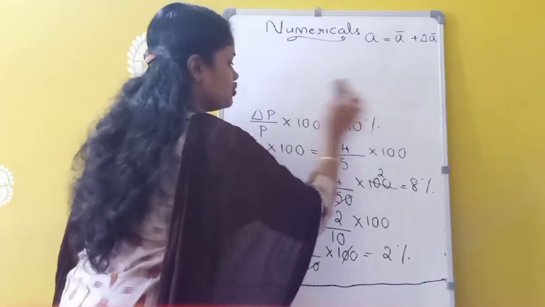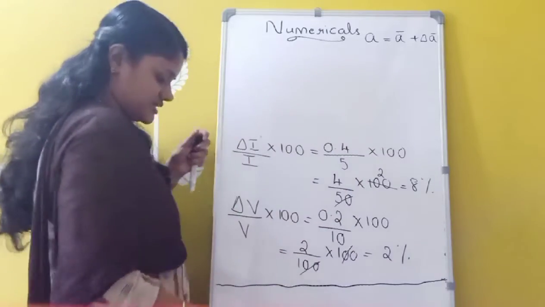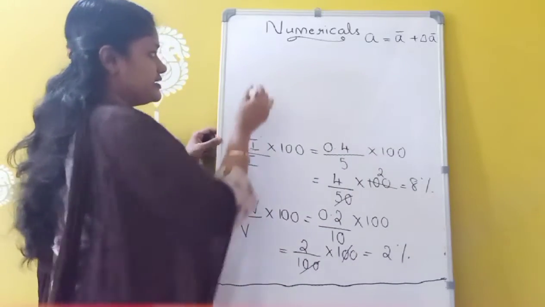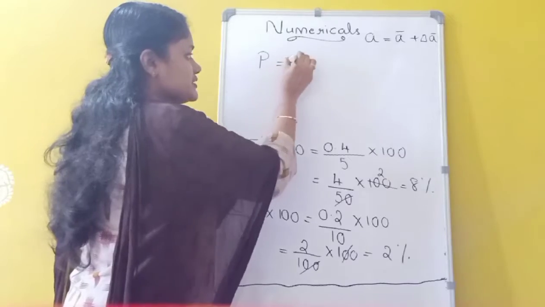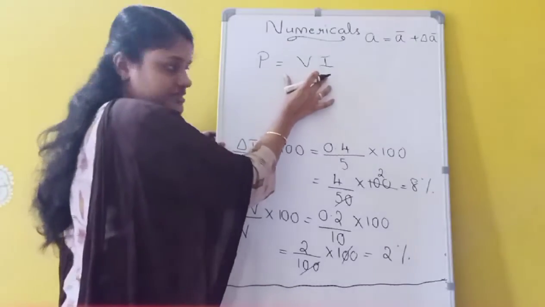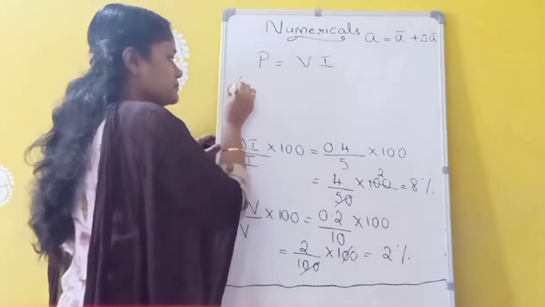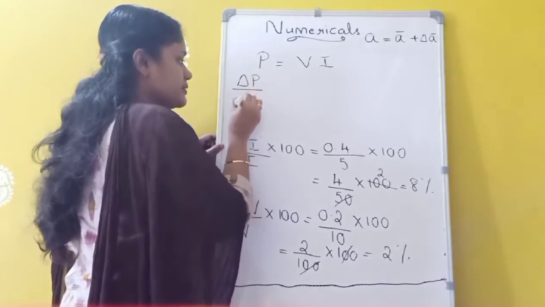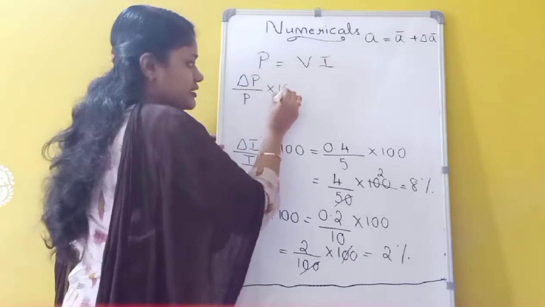So we have the formula for power. What is the formula for power in terms of V and I? P equals VI. So we can write this formula in terms of percentage error. So percentage error of power, delta P by P into 100